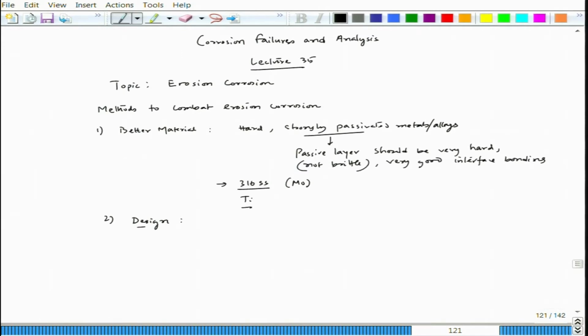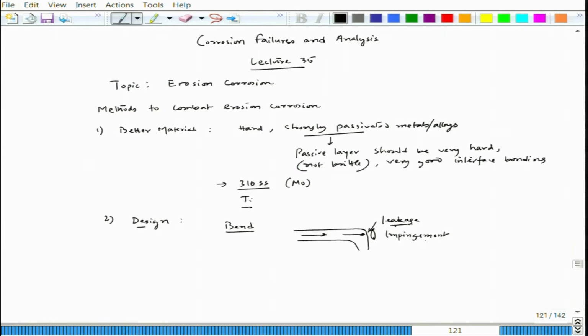For example, if we talk about a bend, a pipe is having a bend like this. In these cases, let us say it is a slurry which is moving, that slurry hits here. So, at this portion we have impingement. This impingement factor would erode that particular portion quickly. So, there could be a possibility of leakage here.